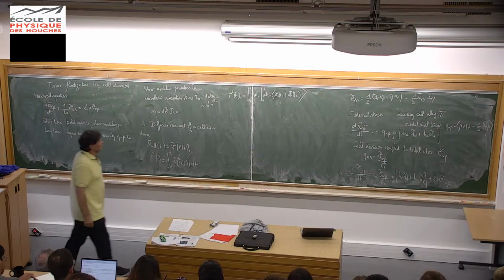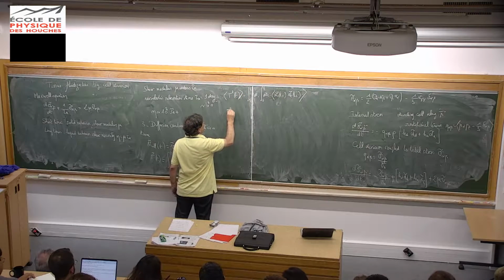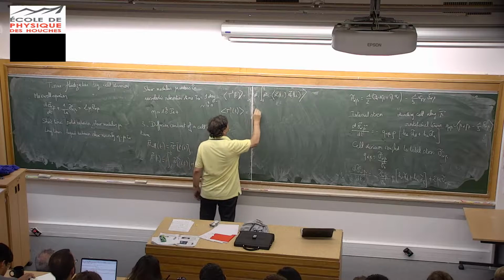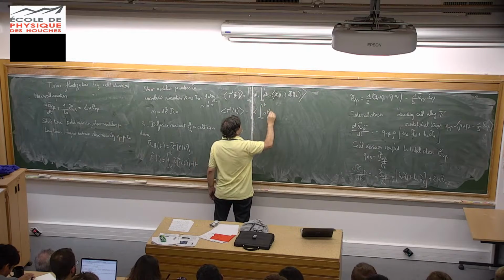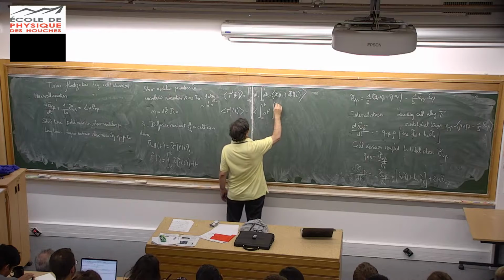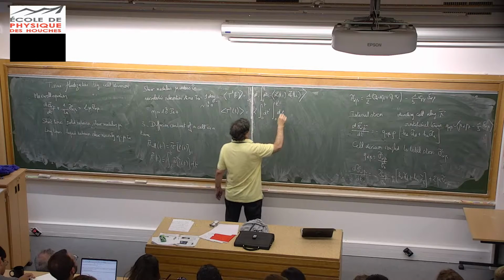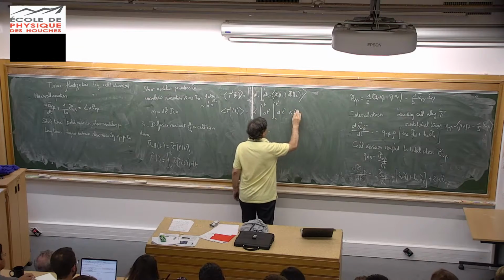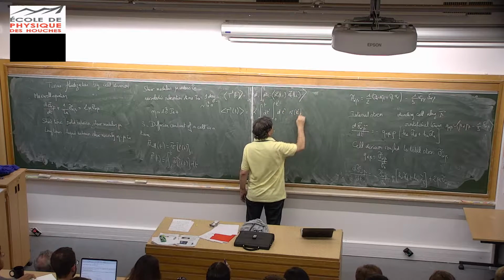It's just massaging this equation and write it as R squared of T equals the integral from 0 to T dt prime, dt double prime V of T prime